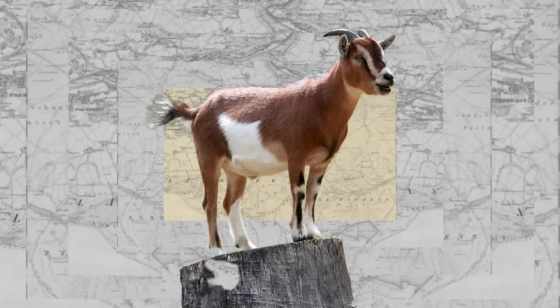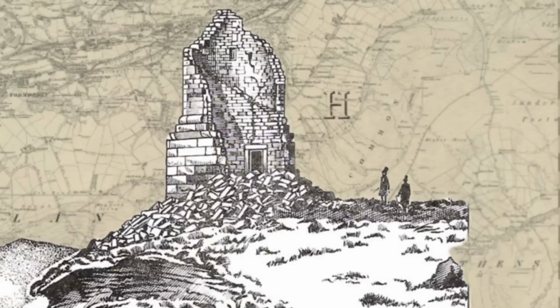I believe the freeholders have a certain number of gates, which has something to do with how many goats they had when it became common land. They decide how many sheep and cattle can be grazed, upkeep the land, and in return I think they can take a certain amount of wood and stone. It was these